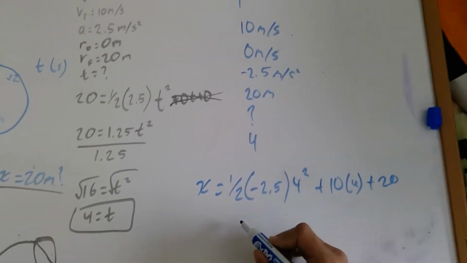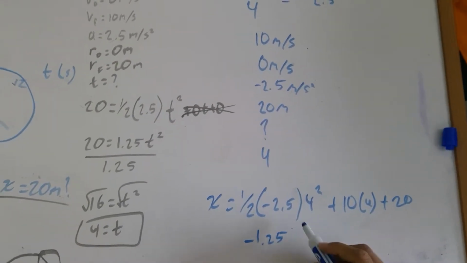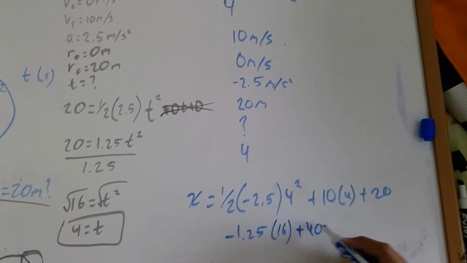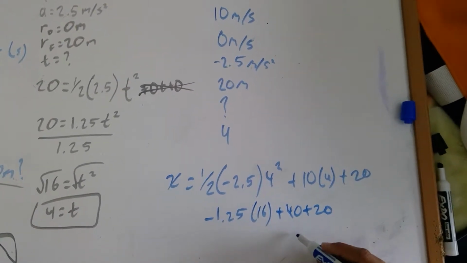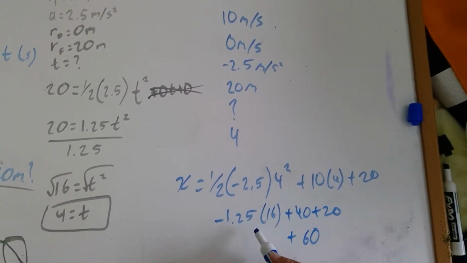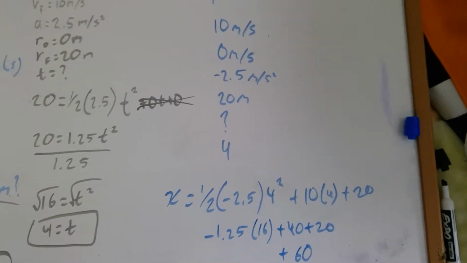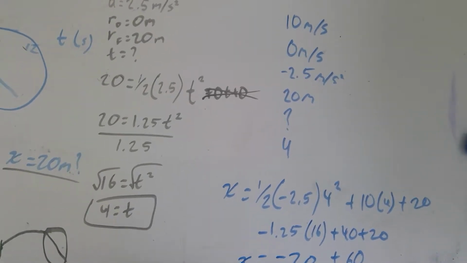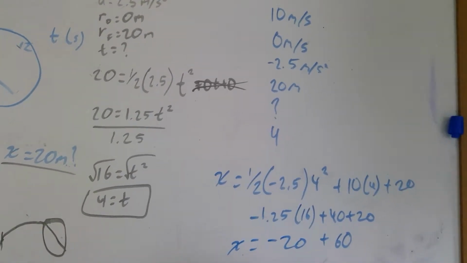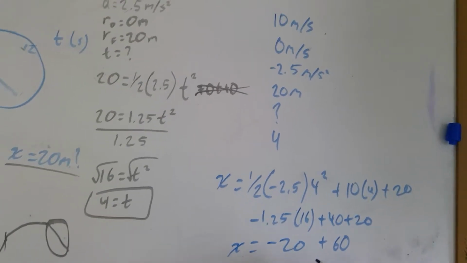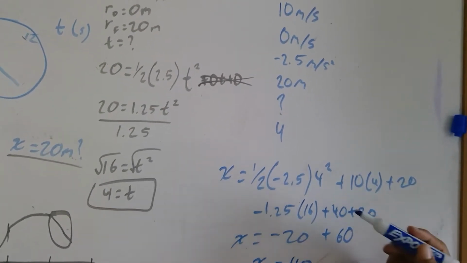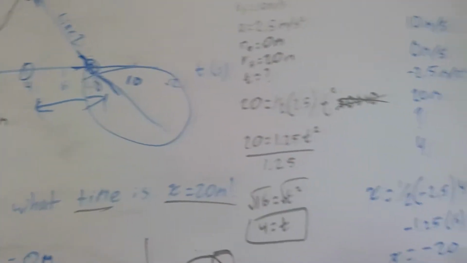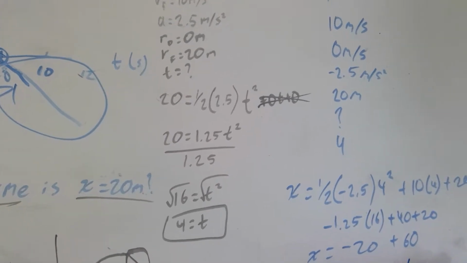Solving this, we get -1.25 times 16 plus 40 plus 20. 16 times 1.25 is going to be -20, so x is going to equal 40 when t is 4 seconds after this point,